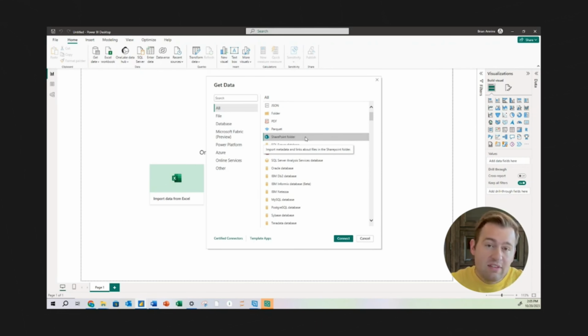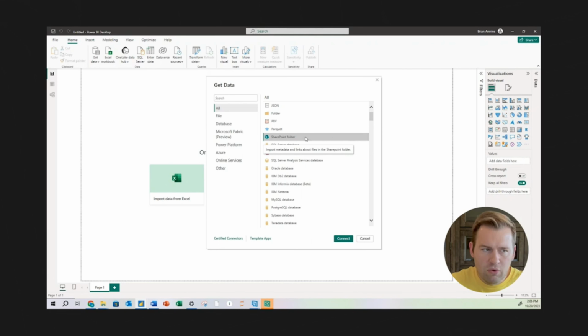What happens is it's a lot easier to schedule a refresh against a SharePoint file. It's in Microsoft Online already. And so it just becomes really straightforward to schedule a refresh against a SharePoint file versus, it's still an Excel file, but if you import it as an Excel file, like we're going to do today, you will have to install a personal gateway in order to get it to refresh. And that's just a little bit more complicated. So I highly recommend, if you are going to import a CSV or an Excel file, to import it as